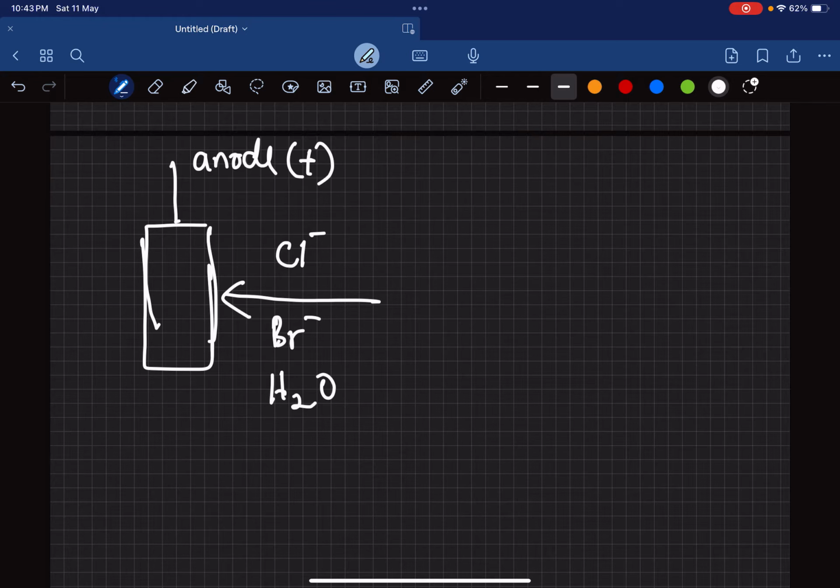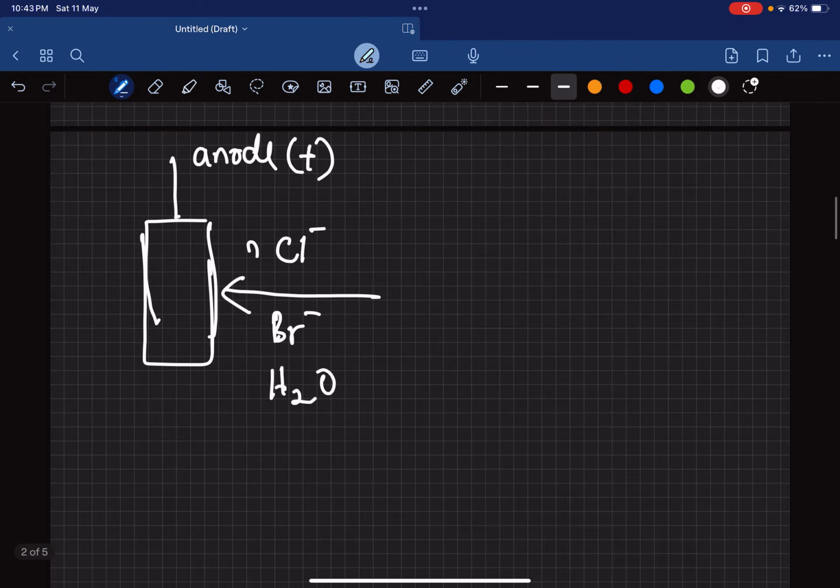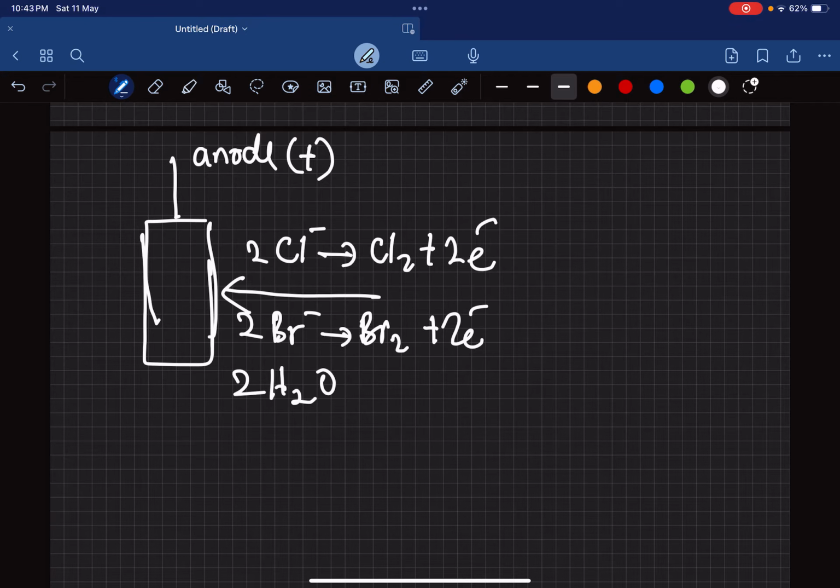So the anode is where oxidation is happening. So these guys are going to the anode hoping to be oxidized. I'm giving you an example, okay? They are hoping to be oxidized. So your job here is